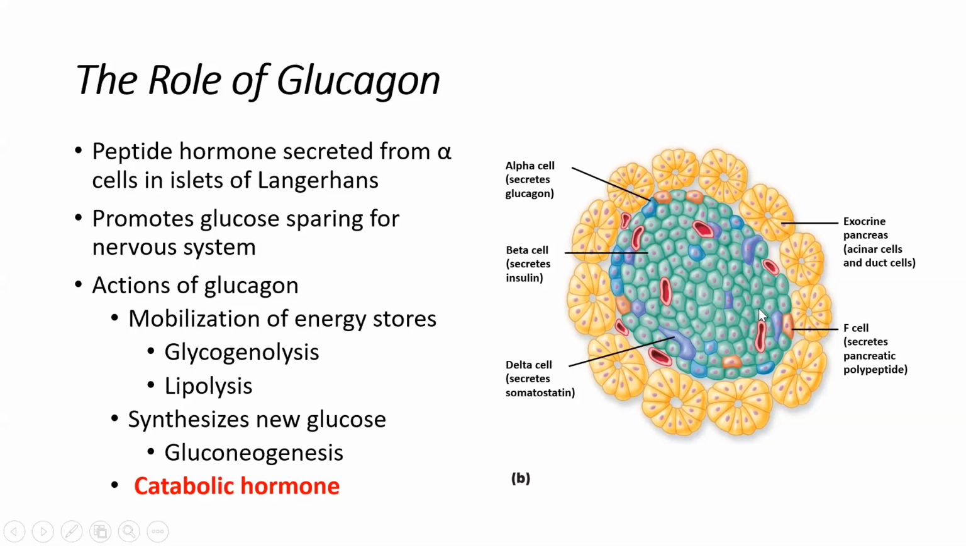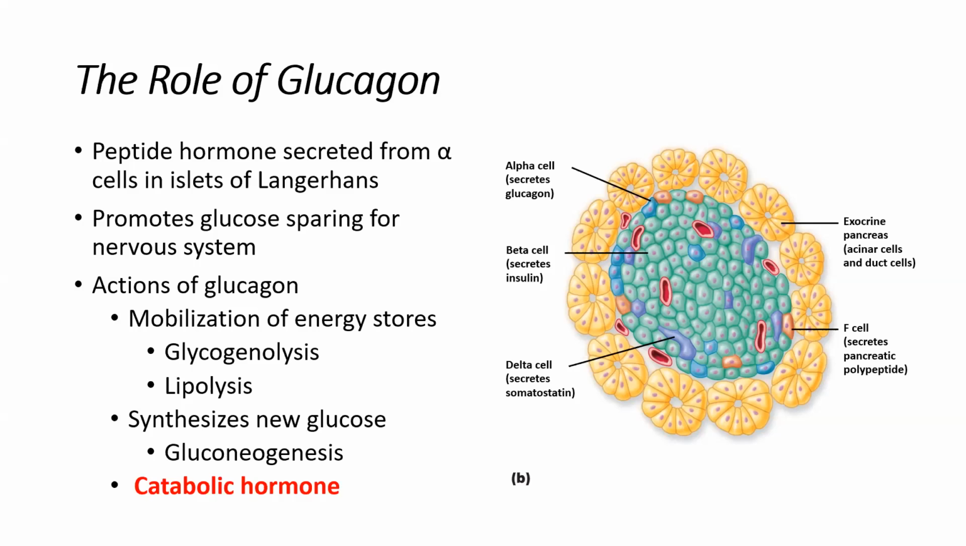Now, glucagon promotes glucose sparing for the nervous system, meaning that it's going to break down our storage forms of glucose, but it's going to do so in a way that really only focuses that breakdown for the nervous tissue. Our other cells can tap into other biomolecules such as amino acids and triglycerides, but it's going to shunt most of the glucose breakdown, sparing that for the brain, which we know prefers glucose as its fuel, as its energy